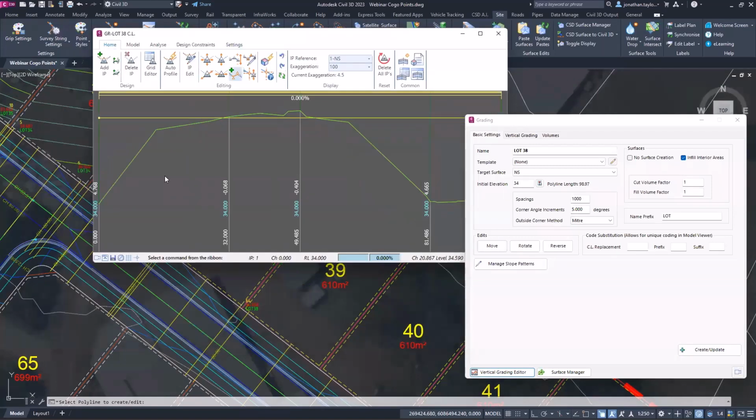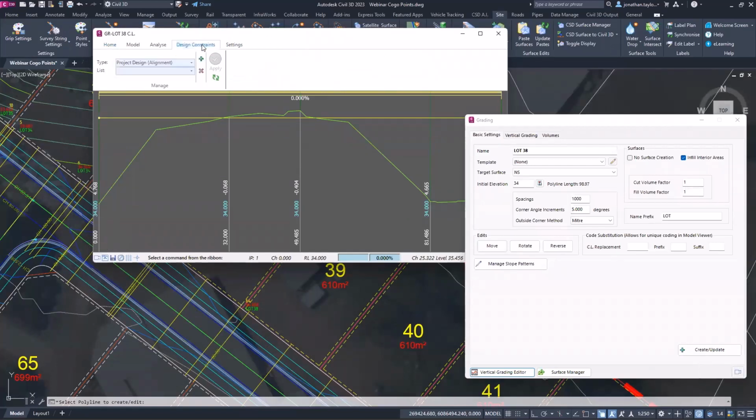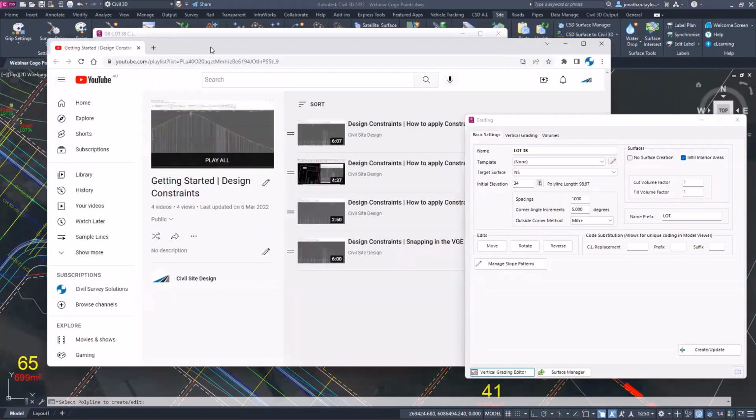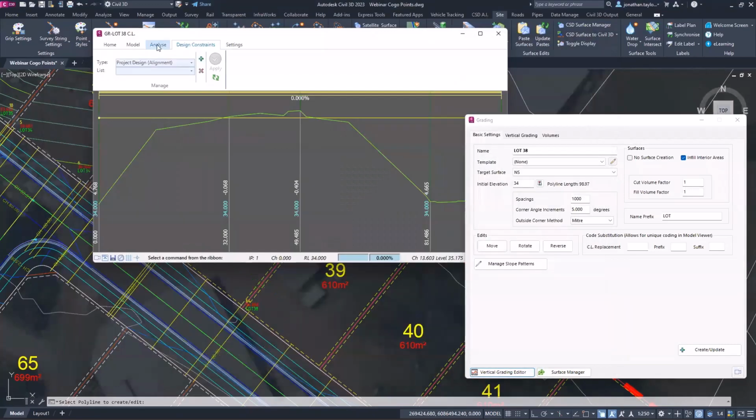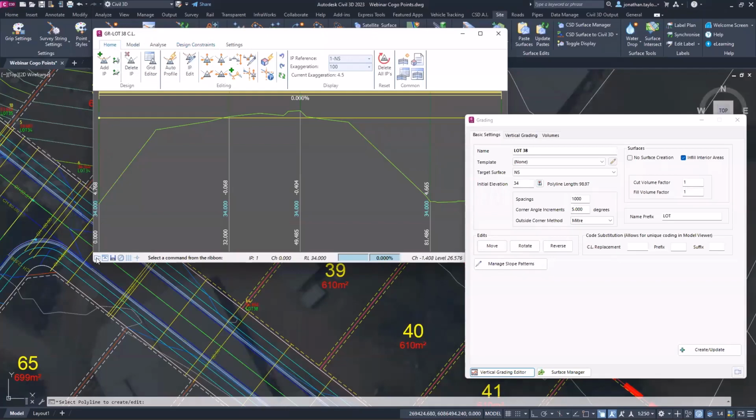Oh, I should have mentioned this. So V23, we added these little buttons down here. So if you haven't seen them, have a click. So they're all over the shop, including design constraints. If you go to design constraints, you get a different video button. If I click that, I need to show you because there are so many people that maybe haven't upgraded yet. It opens up your browser and will automatically show you videos related to that tool. So there's design constraints. I just close that down and go back to the home tab, click on this button